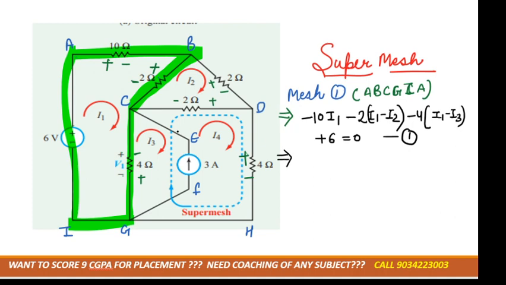Now can you tell me the equation for the another mesh? Another mesh we can consider the B, C, D and back to B, right? Can we consider this mesh? This is mesh 2, that is B, C, D, B. Now tell me the equation for this mesh. Negative 2I2 minus I1, then